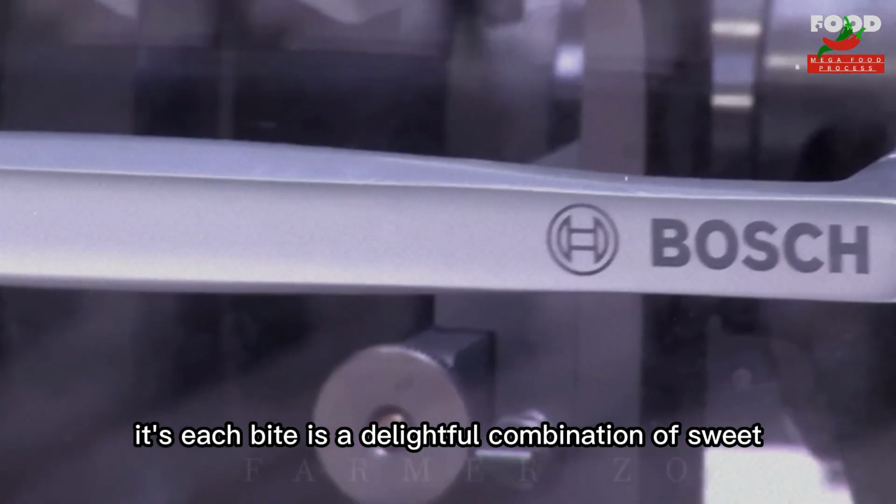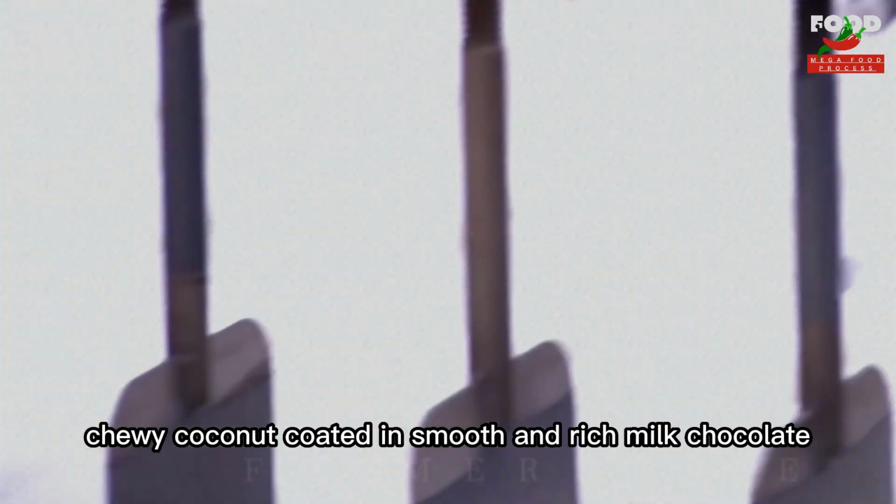Bounty bars are irresistible to coconut lovers. Each bite is a delightful combination of sweet,